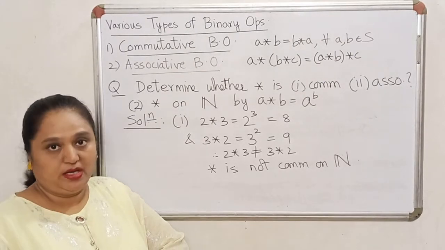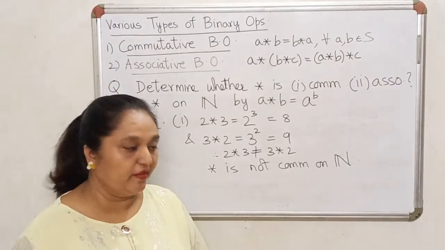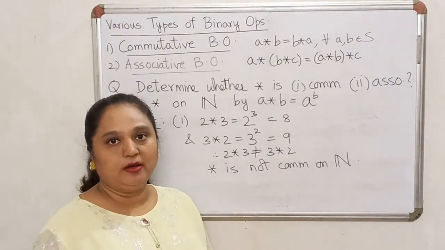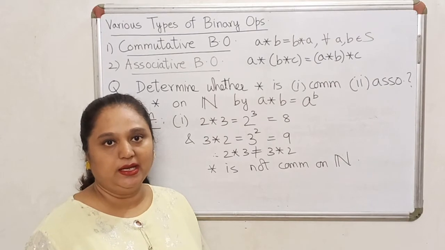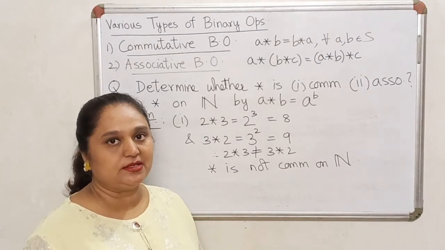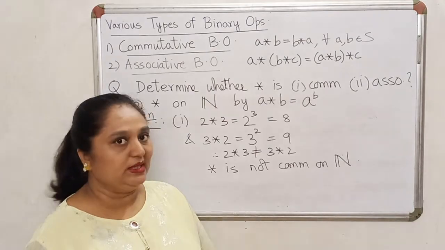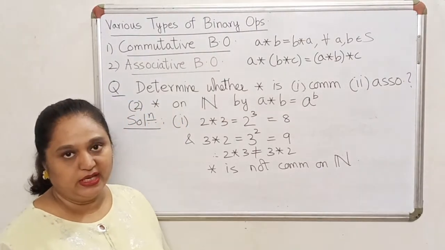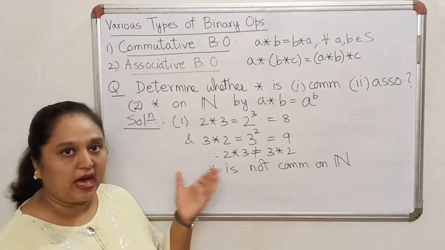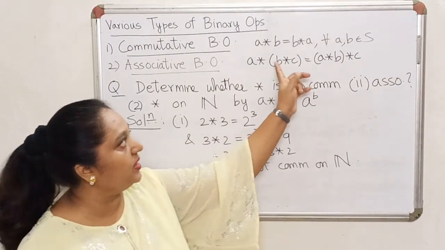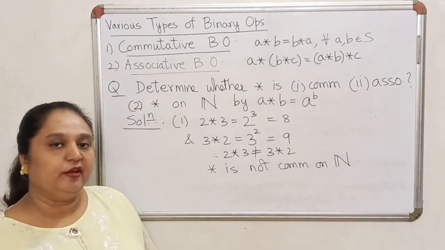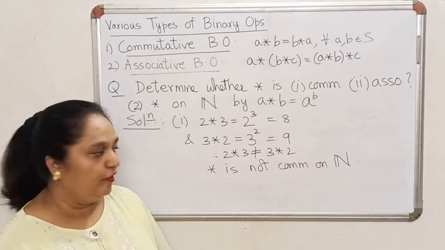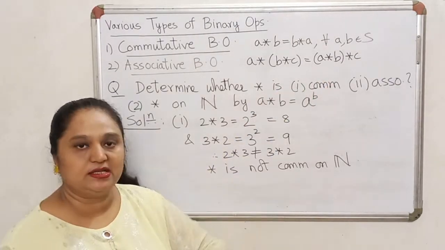Now try checking whether the operation is associative, and I'll tell you this is a tricky one. Your fundamentals regarding powers, laws of indices need to be clear. So with this in mind, try and prove that it is associative. If you are doing that, then you will have to take any arbitrary triple and prove that this equation is satisfied. On the other hand, if you are trying to prove it is not associative, come up with a specific triple for which the equation is not satisfied.